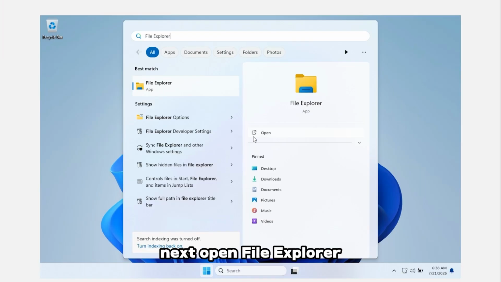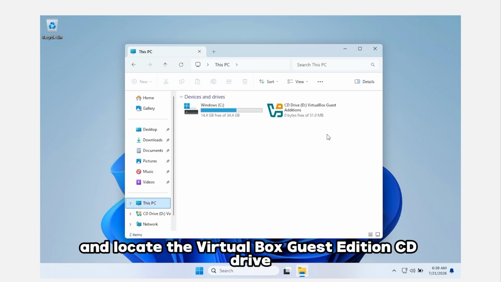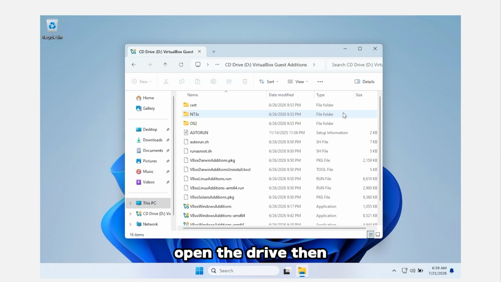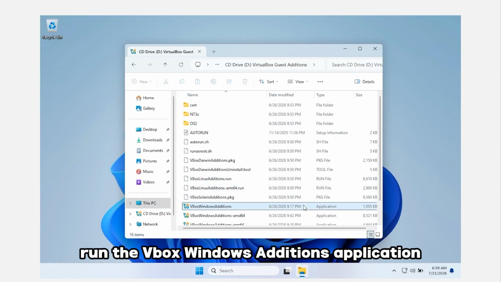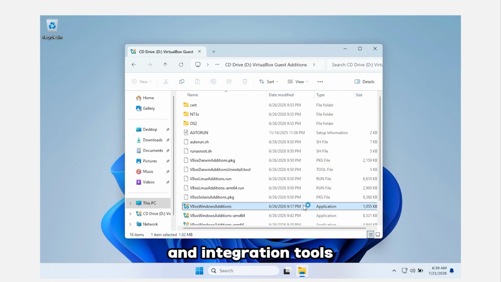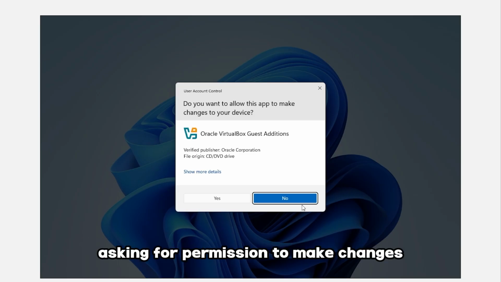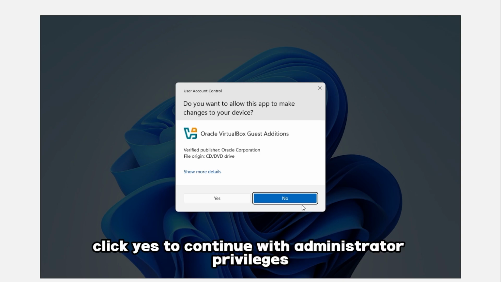Next, open File Explorer, click This PC from the navigation pane, and locate the VirtualBox Guest Editions CD drive that has just been mounted. Open the drive, then run the VBox Windows Additions application to begin installing the additional drivers and integration tools. If Windows displays a User Account Control prompt asking for permission to make changes, click Yes to